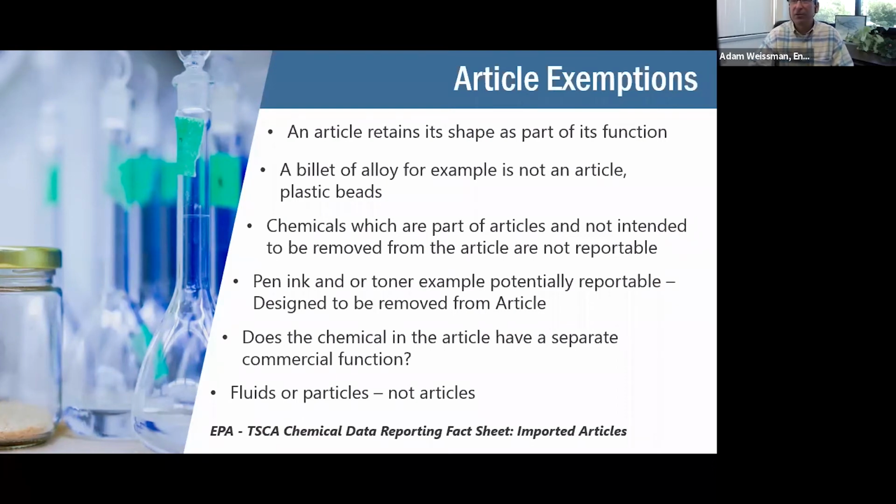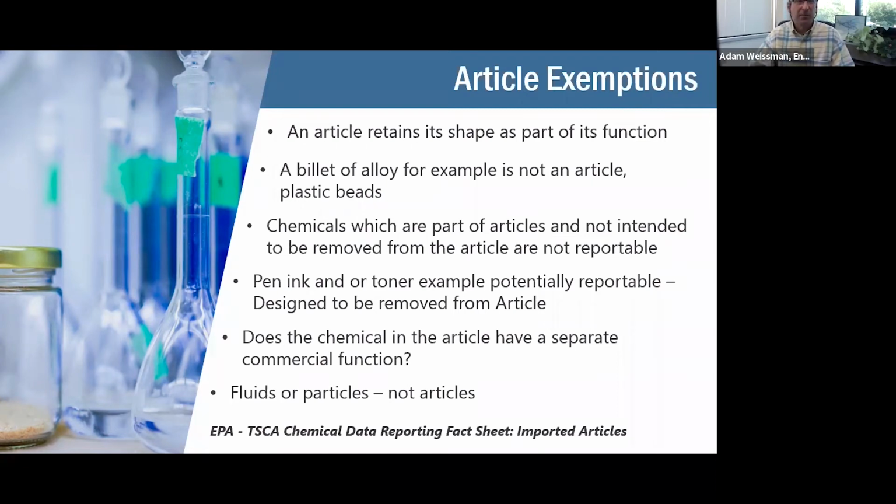For instance, if I'm buying billets of alloys or containers of plastic beads that I'm melting, these are simply in a shape that is convenient for transportation to the facility. The alloy billet is in a shape that is reasonable in size and weight. These are not articles. They're not finished products. The shape is not part of its function. For instance, a welding rod is not an article